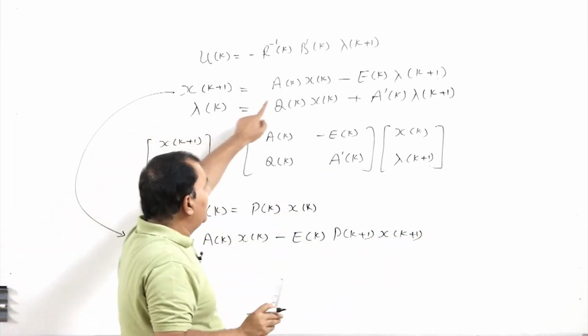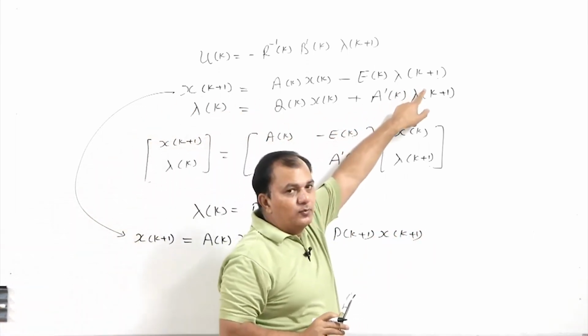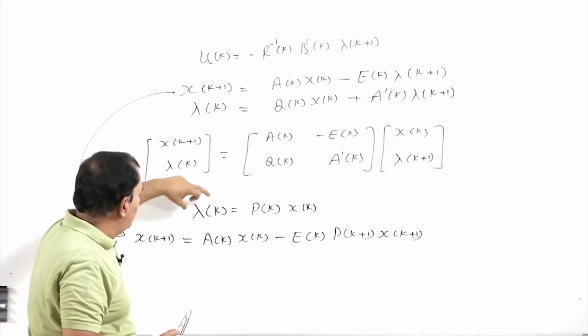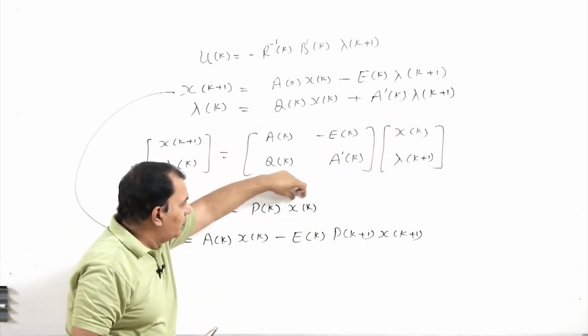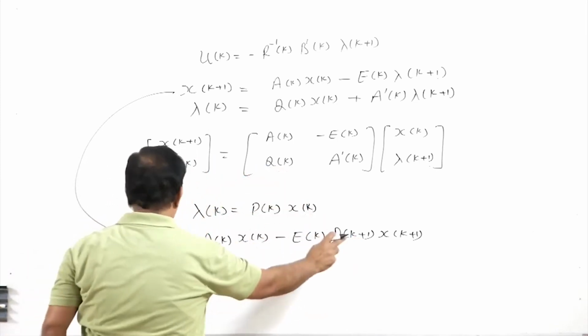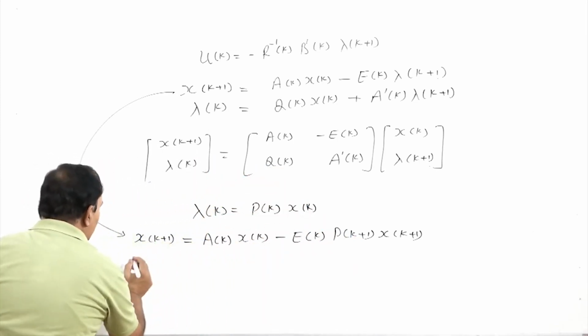So in my state equation lambda k plus 1 I have replaced by P k plus 1 x of k plus 1. So by this I can solve this equation as